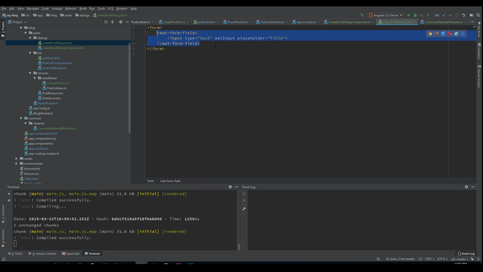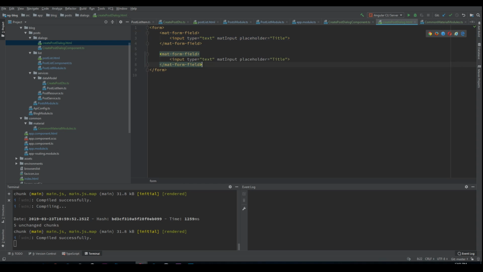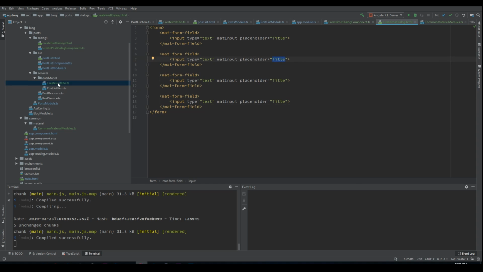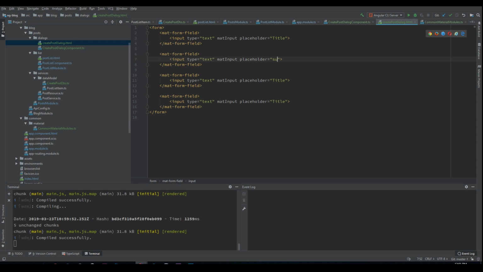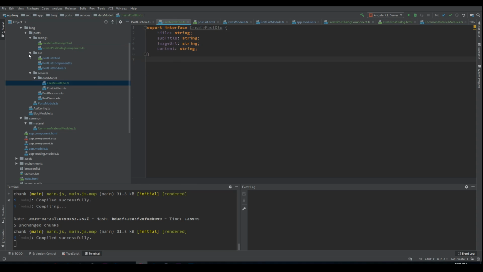Now let's copy this and paste it several times, and here let's check the create post DTO. We can provide a subtitle, and we can provide an image URL,